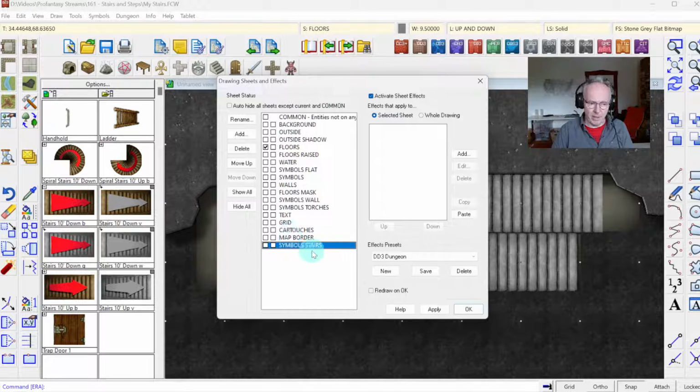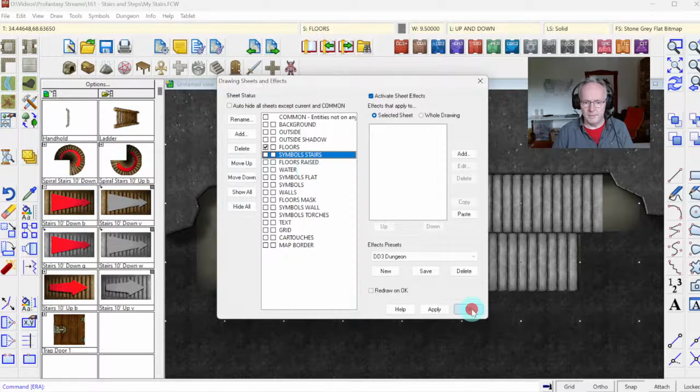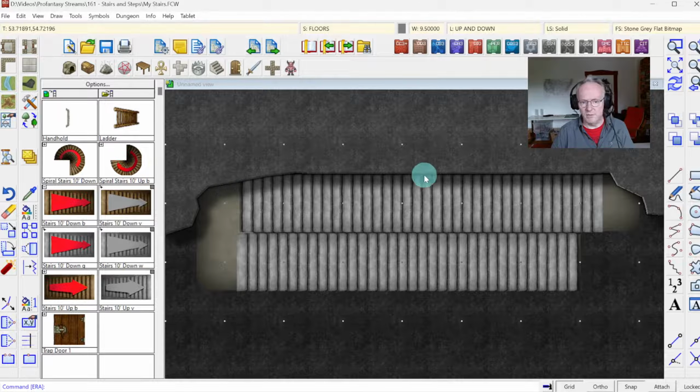So the first time in a map you've used these tools, you have to go into the sheet dialog and move that sheet up to the correct position. And in this case, I want it to be above floors, but just below floors raised. And now you can see we've got the section here directly underneath the edge of the